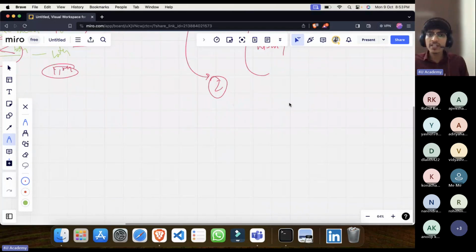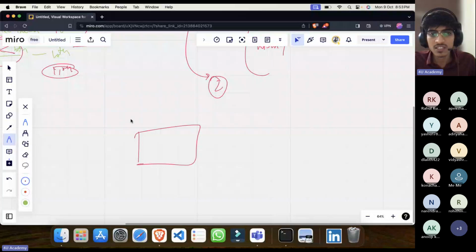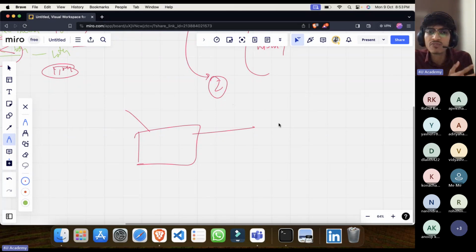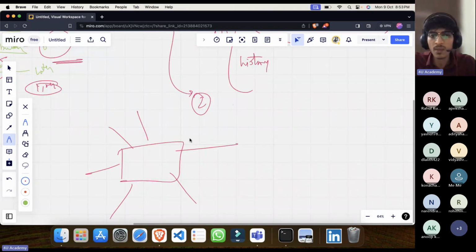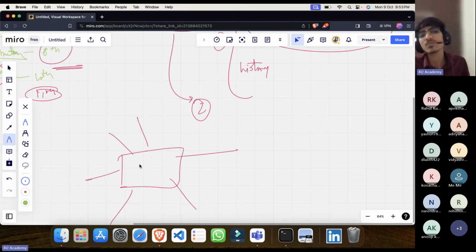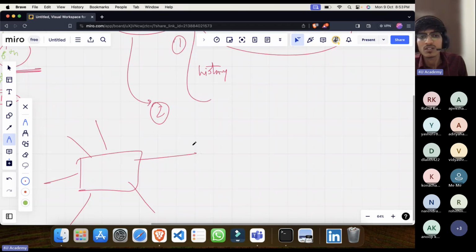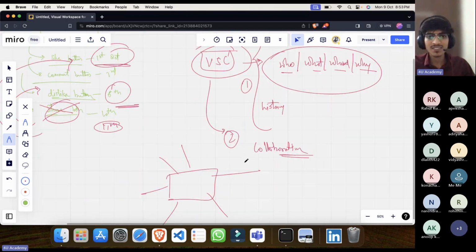If I want to collaborate with others, suppose we are working in a team. Let's say someone is working on this like button, someone is parallelly trying to add, let's say, a new story feature or something. So people are working on the same project. You will not be working only on your own laptop. You will have it online and be collaborating with others. So for that, again, we need something called version control systems. For collaboration, we need version control systems. Okay, so this is the theory part.